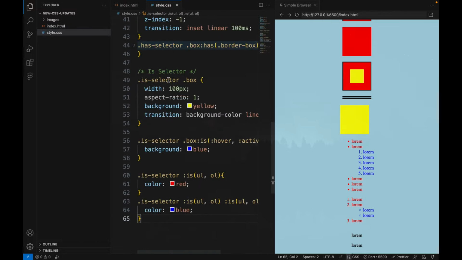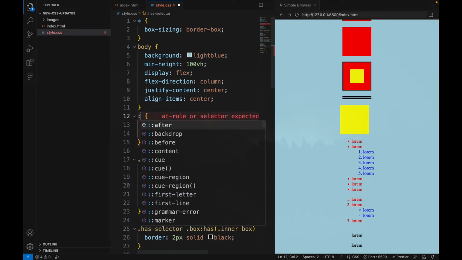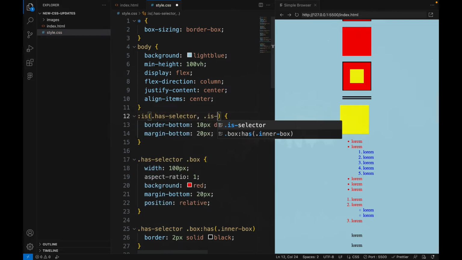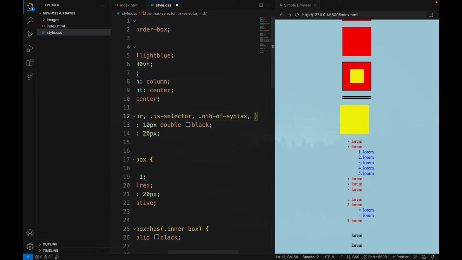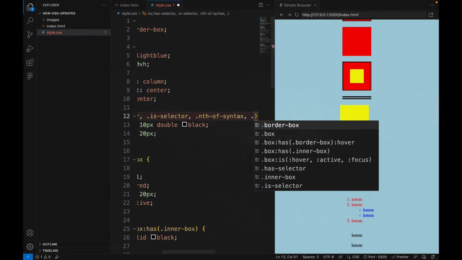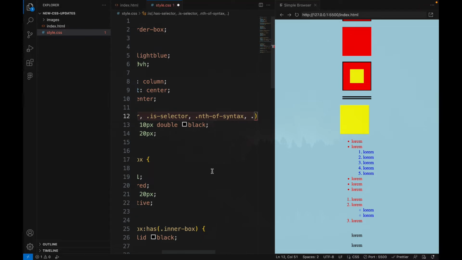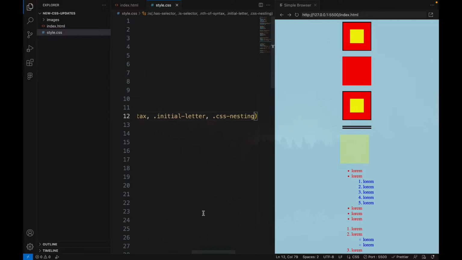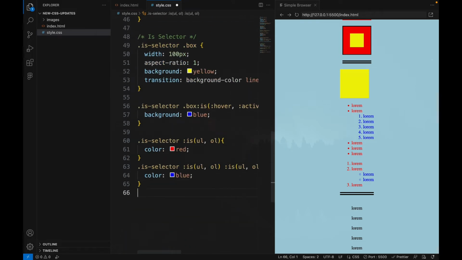Okay, so before we do that, actually, let me just change this to target all the divs. I'll do the hash selector, the is selector, nth-of syntax, initial letter, and CSS nesting, which is gonna be amazing. So as you can see, it added to all of them. Now let's move on to the